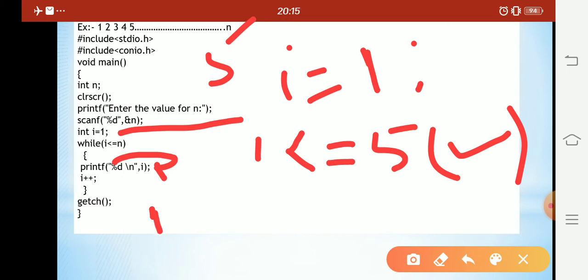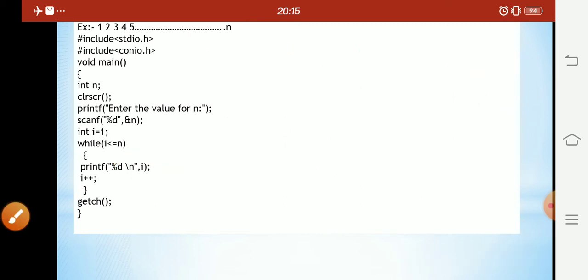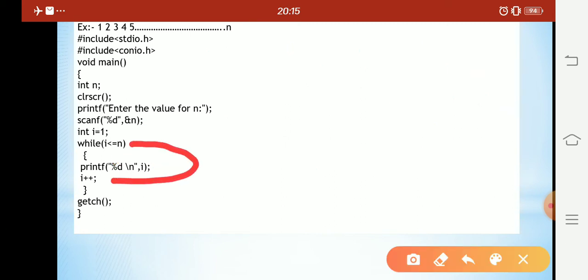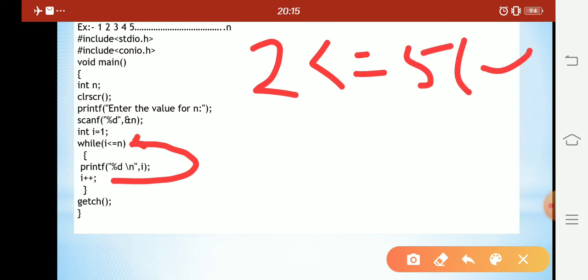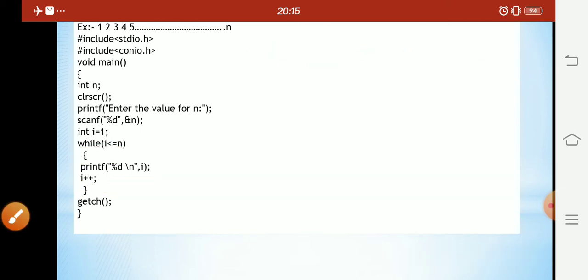Now i value is 1 plus 1, which is 2. Now again it goes to the while condition. Now i value is 2. 2 less than or equal to 5, yes, true, so the block of statements will be executed.